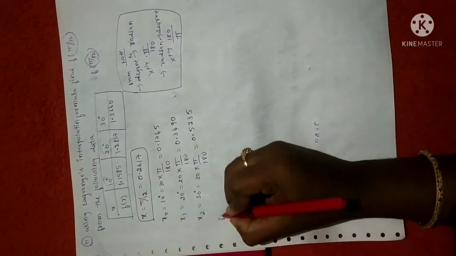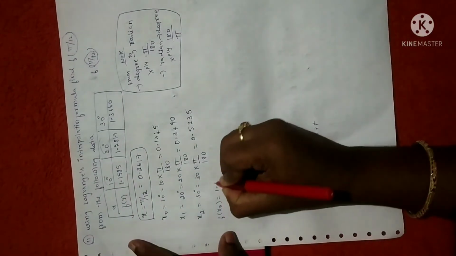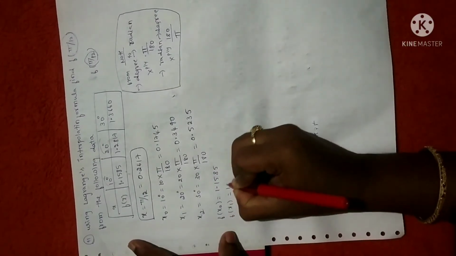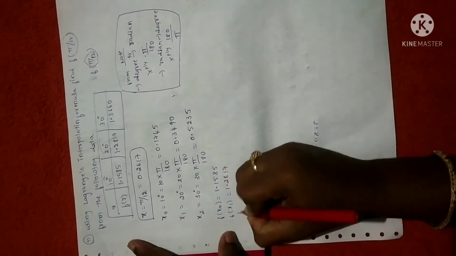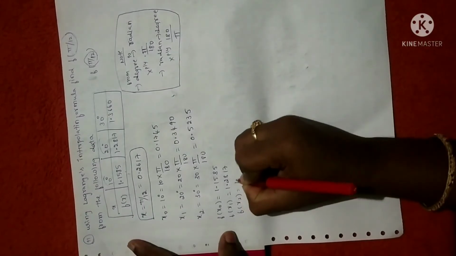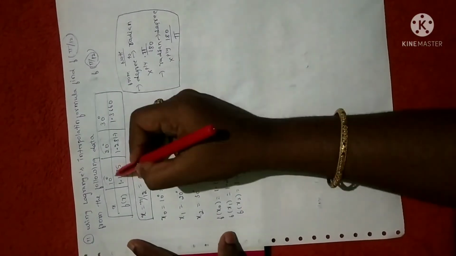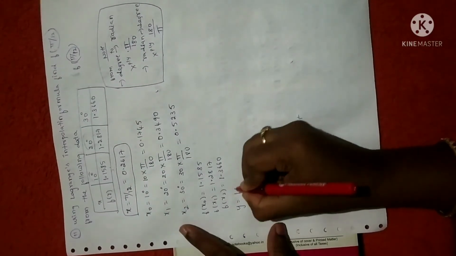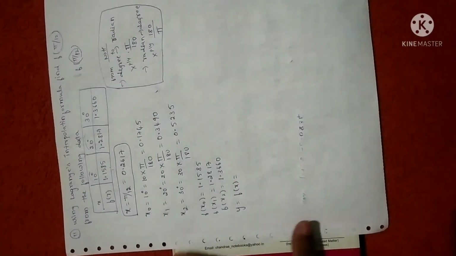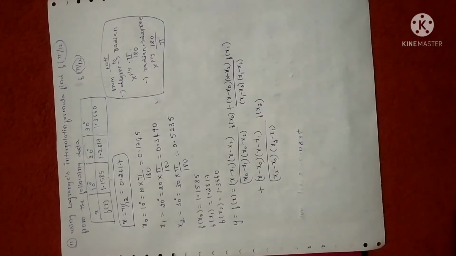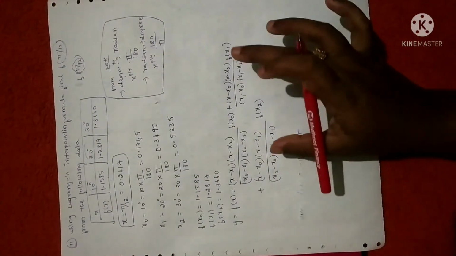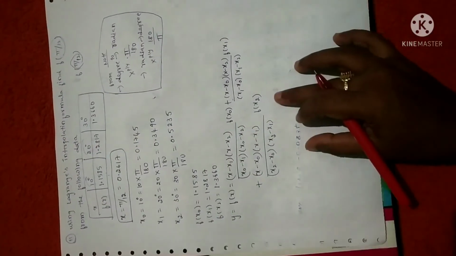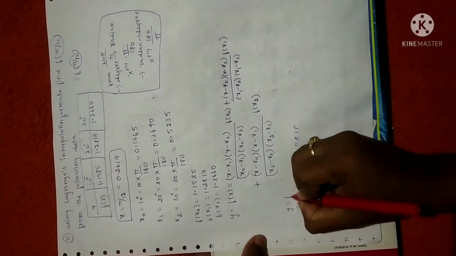Now let me make a list of f of x naught, f of x1 and f of x2 values. So f of x naught value is 1.1585. f of x1 value is 1.2817. f of x2 value is 1.3660. So as usual, it is the 3-point formula. So let me write down the 3-point formula. It is given by y is equal to f of x is equal to. So this is the 3-point formula, right? I have already given a hint to remember this. You just go through the previous problem. I have explained it there.